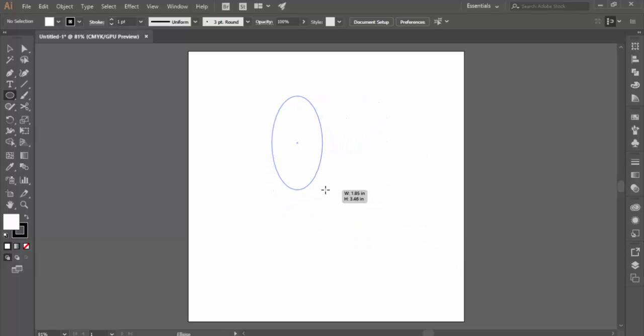You'll also notice that when I get to about here, there you go, you see a pink dot coming from the center of the page downward. That's saying that it's lined up with the center of the screen. Okay, if I hold the space bar and I move my circle over, oops, sorry, hold Alt and that,